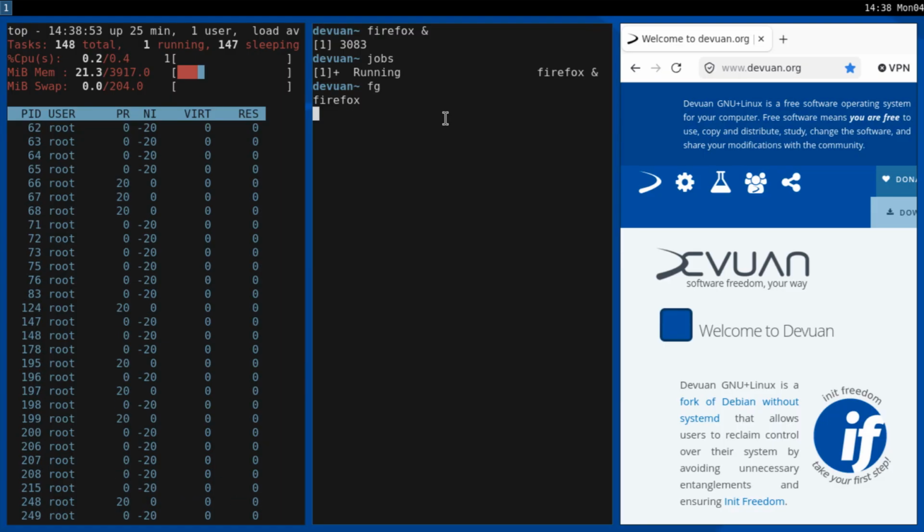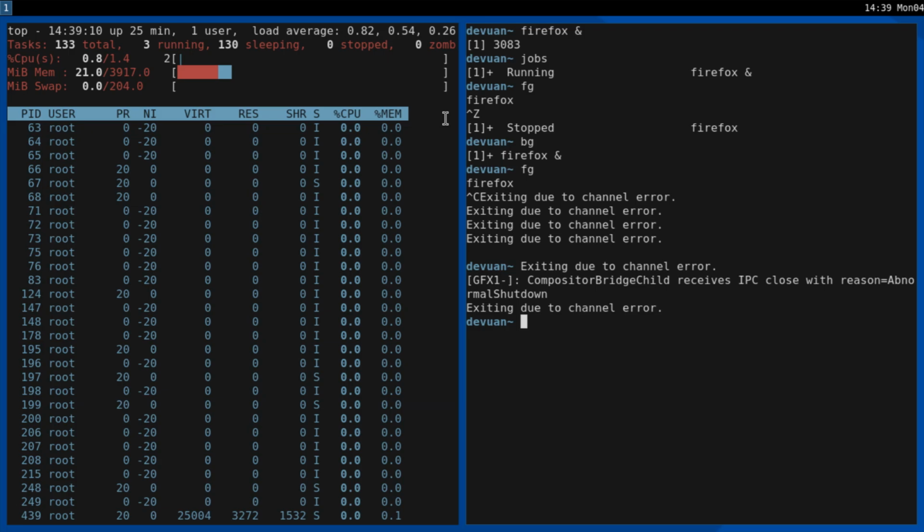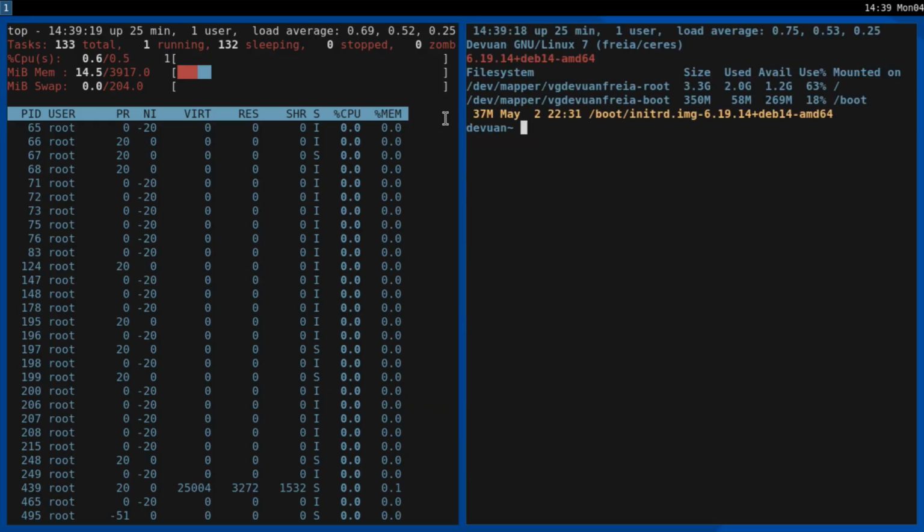Now you see this, and with Ctrl+Z you can stop it, and with bg you can let it run in the background again. And if I do fg, it's in the foreground, and with Ctrl+C I can cancel the running process. This is also how you can start programs from the terminal directly. I like this. And for example, if you want to start Firefox in the background but you don't want to see any output,